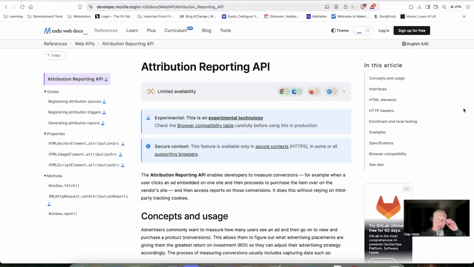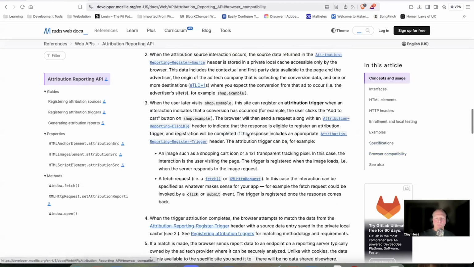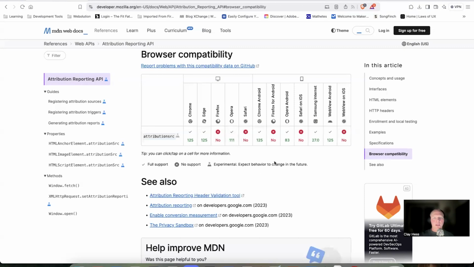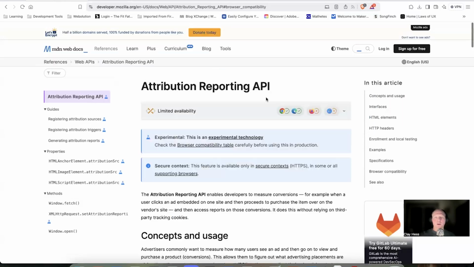We're going to be going through the Attribution Reporting API. Now, it should be noted that this is an experimental technology. They've just released this at the time I'm recording this video, so use this with caution. Always check the browser compatibility. If I jump down to that, you'll see it's not used in Firefox yet, things like that. So I'm assuming this will become more widespread as it gains traction. But currently, I would not use this in any production, but just thought I'd go over a little bit about